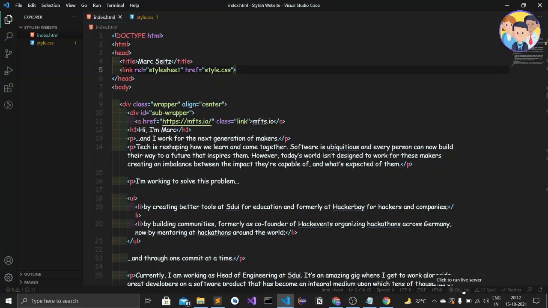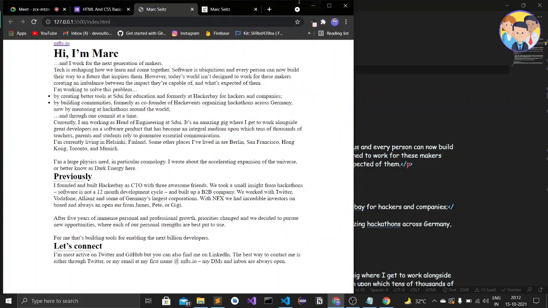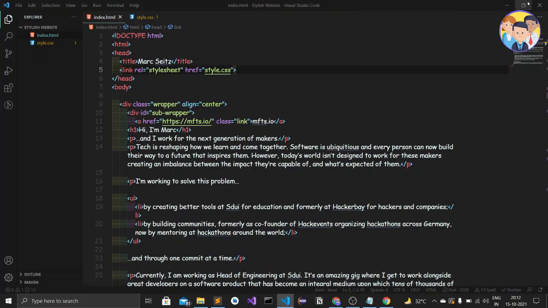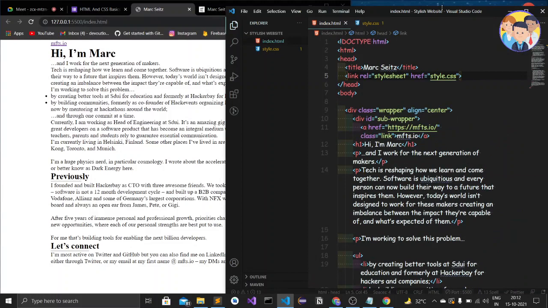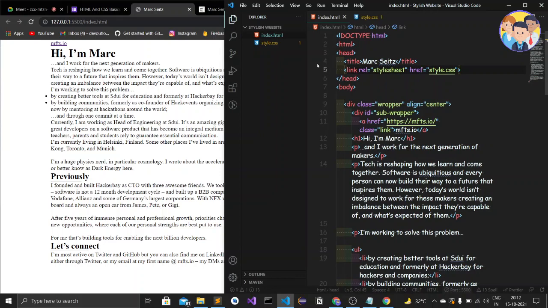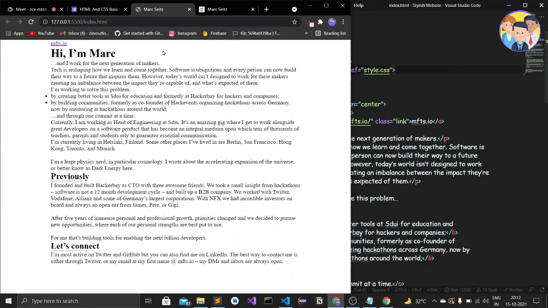Okay, so it is opening. I'll just minimize it. I am keeping my screen small for the Chrome browser and also for Visual Studio Code, so I can change the windows. I'll just close this Explore bar, and now we are going to do this styling.